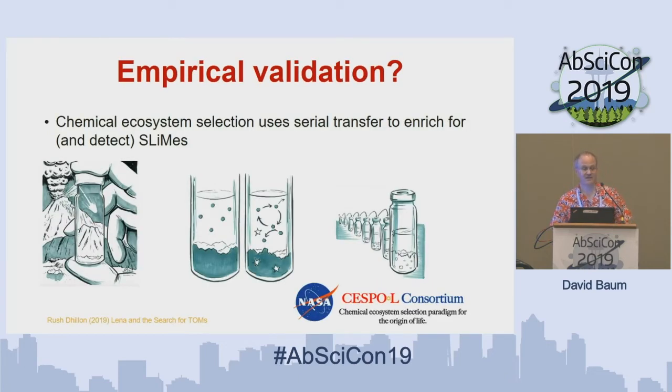And what's nice about it is it suggests an empirical approach to the origin of life, which we think is somewhat overdue. So the experiments that we've been doing in my lab as part of this NASA-funded group, we call it the Chemical Ecosystem Selection Paradigm for Origin of Life, or CESPOOL, is looking for slime, very fitting, by building little microcosms of the prebiotic Earth. So little prebiotic soups, minerals, and atmosphere, imagining that a slime might spontaneously emerge, and then using a serial transfer and dilute protocol to enrich for any slimes that might be present, and to detect their presence using chemical proxy